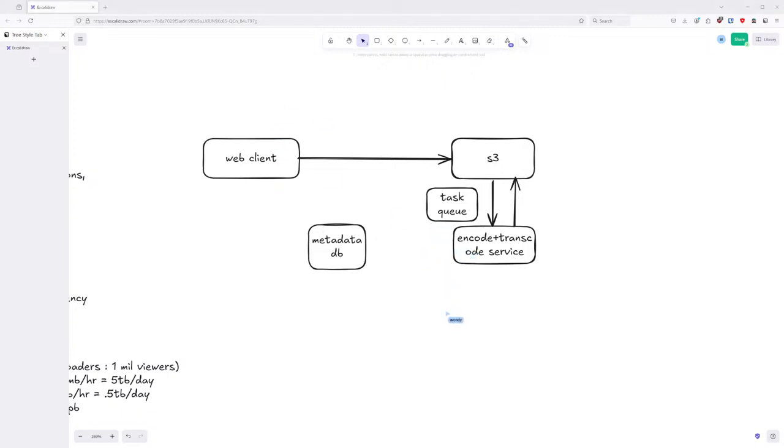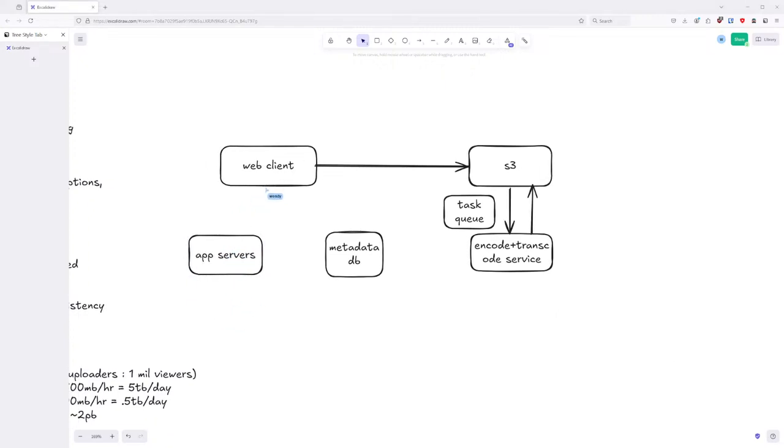So the client, when they upload a video, they'll have some information like the title and description, and those will go from the client through some servers, like application servers. So at a high level, it's from the application servers to the database.